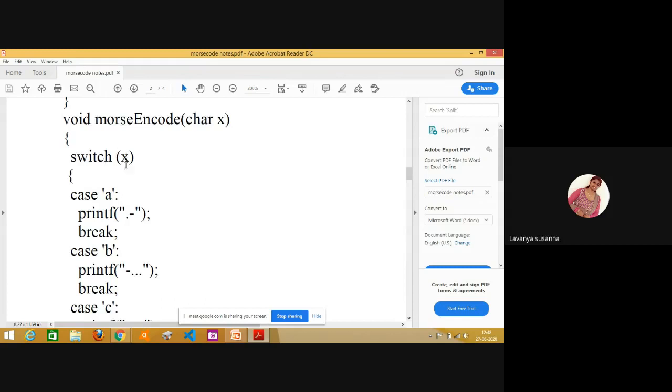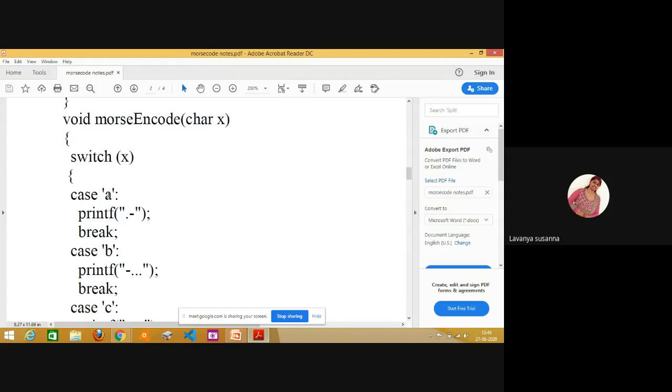Remember, x contains g, because you have passed s of i, which means s of 0. Now see here how the execution takes place, the working of switch. G will be compared with the first case: is g equal to A?